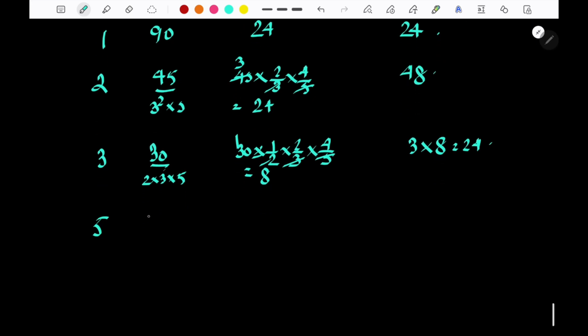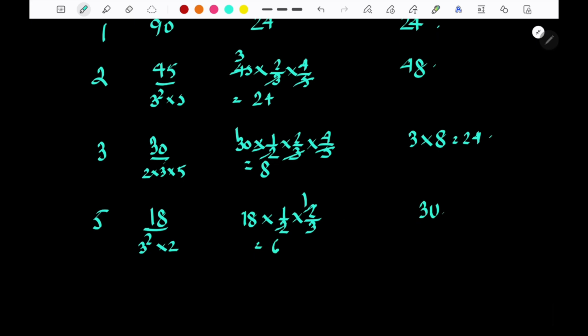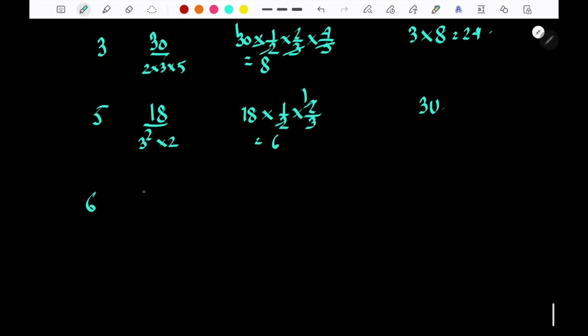Again for 5, this will be 18. 18 can be written as 3 square into 2. So 18 into 1 minus 1 by 2, that is 1 by 2, and 2 by 3. So basically this will be 6. So 6 into 5 is 30 again. Next 6, 90 by 6 will be 15. 15 can be written as 3 into 5. So again phi of 90 by d can be written as 15 into 1 minus 1 by 3, that is 2 by 3 and 4 by 5. So this gets cancelled, this will be 8. So 8 into 6 is